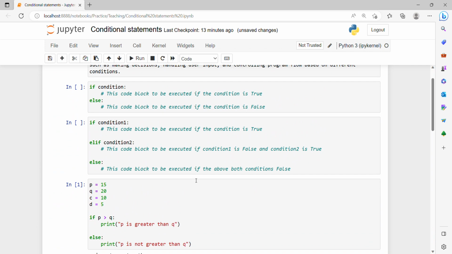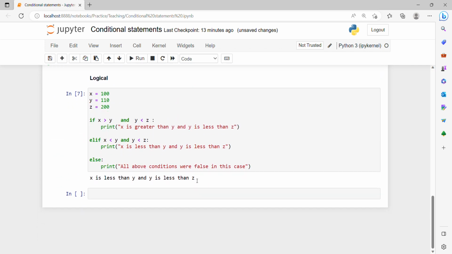And this is all about conditional statements. You can go through it, you can practice it, and we will see you